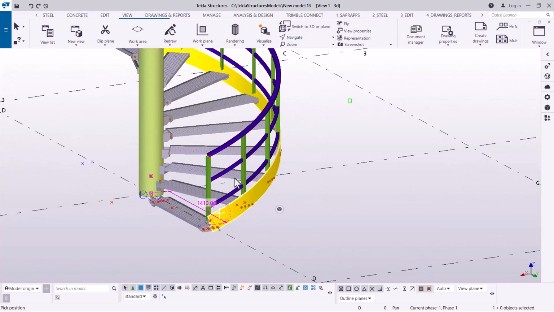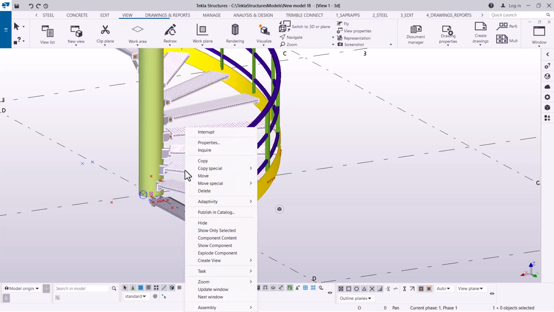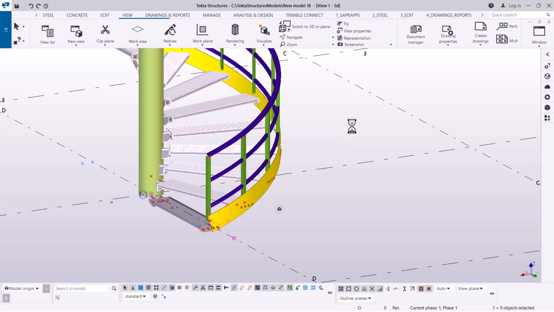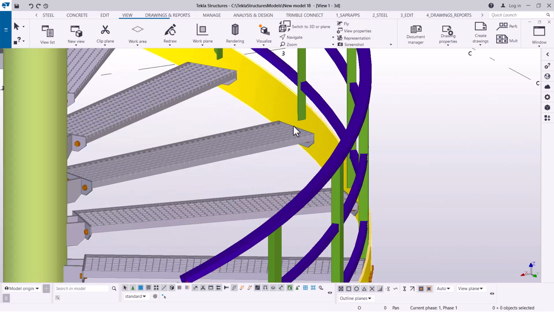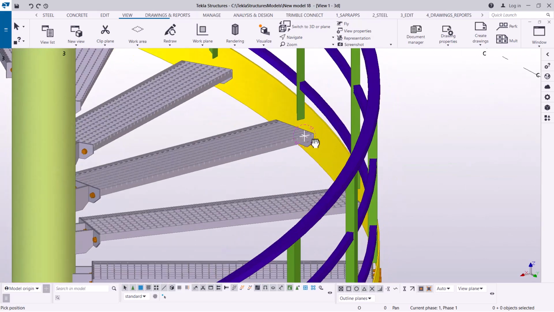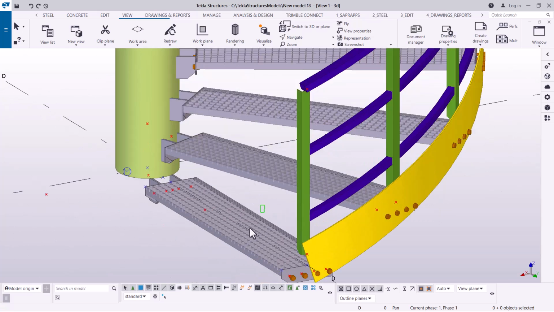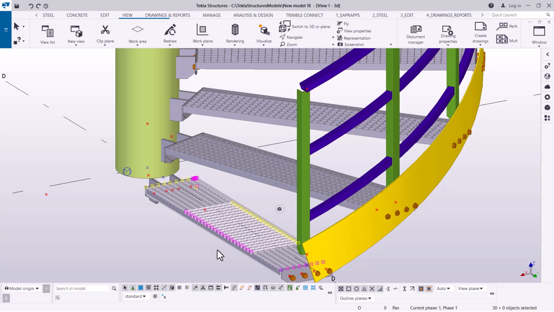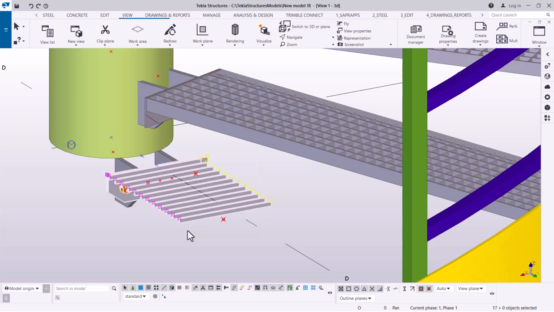Now, once I think we're done with the threads here, the next thing I'm going to do, I'll just right click and come to explode. So once I explode everything here, let me just give some time to process that information. Everything has been exploded. The reason why I'm exploding it is because when I delete this one here, I will not be able to interfere with the rest. So if I just click that and delete that and delete everything that I don't need here,